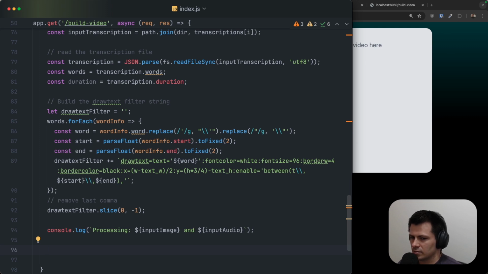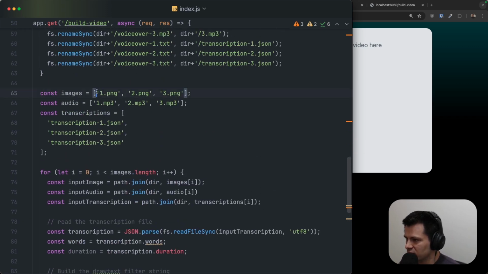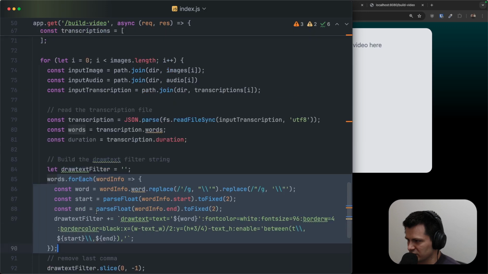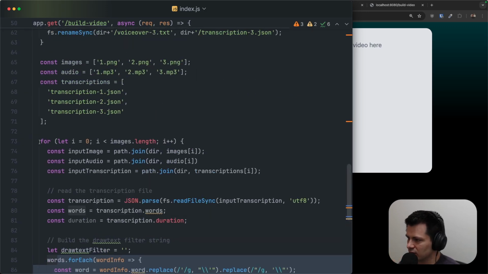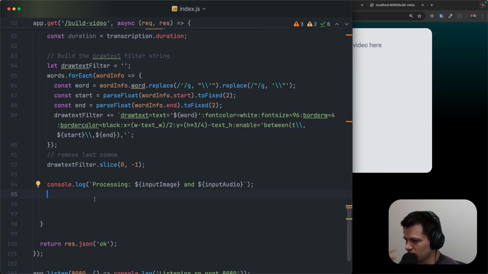And now we want to process image, audio, and those words and put this into one video. This will not be a final video. This will be only a part video for like first image, first MP3, and first transcription, and those words from transcription. Then we will have 3 videos inside this loop for first, second, and third, and then the last step will be putting those together. So now we want to create our first